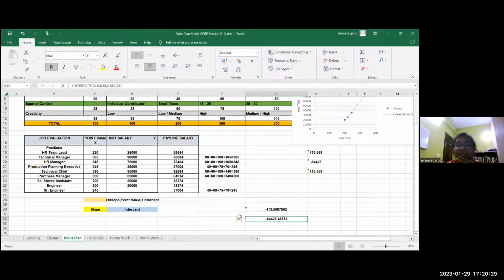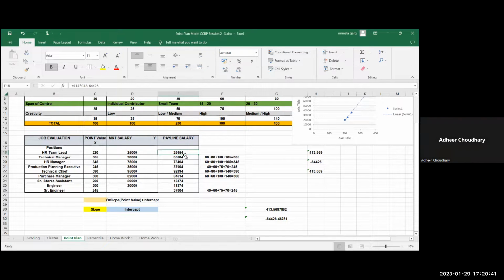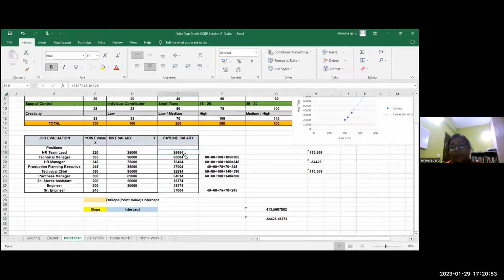Slope value is 413, I just rounded it off, 414, multiplied by point value. What is the point value? 220. Then because intercept is minus 64,426, I get a value. This is the salary I need to pay,